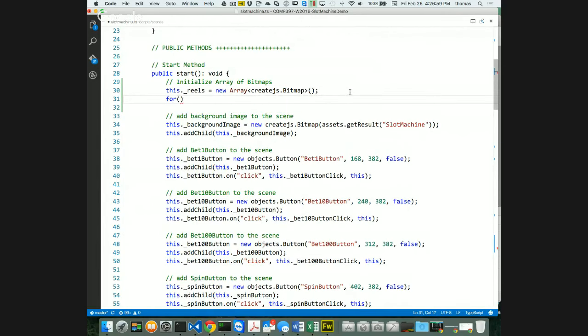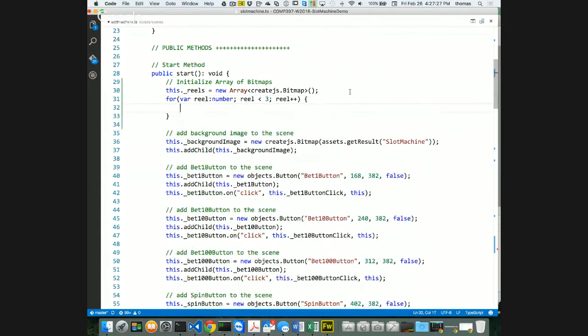I'll say for var real, a local variable, right? Which is what type of it is. It's a number, right? Var real, where real is less than 3 hard code. When I say hard code, that means maybe not a good thing, right? 3 reals. Then real plus plus, go to the next real, right? I could do that. And inside my for loop, I could say something like this: this dot underscore reals, and then it'll be